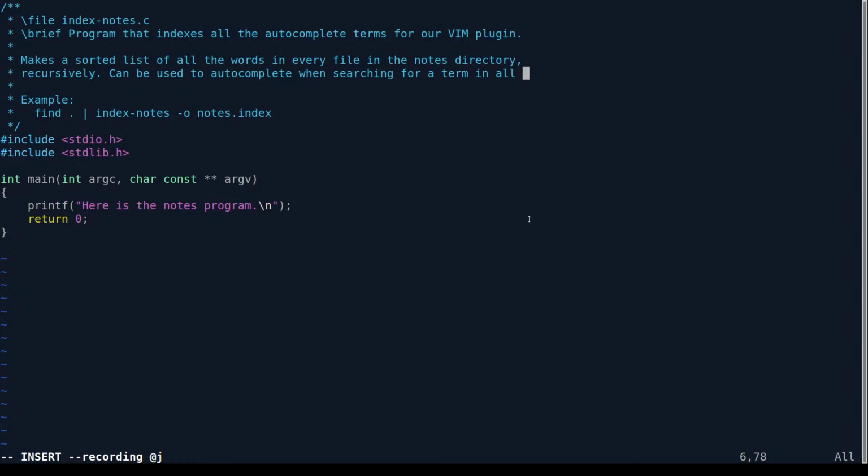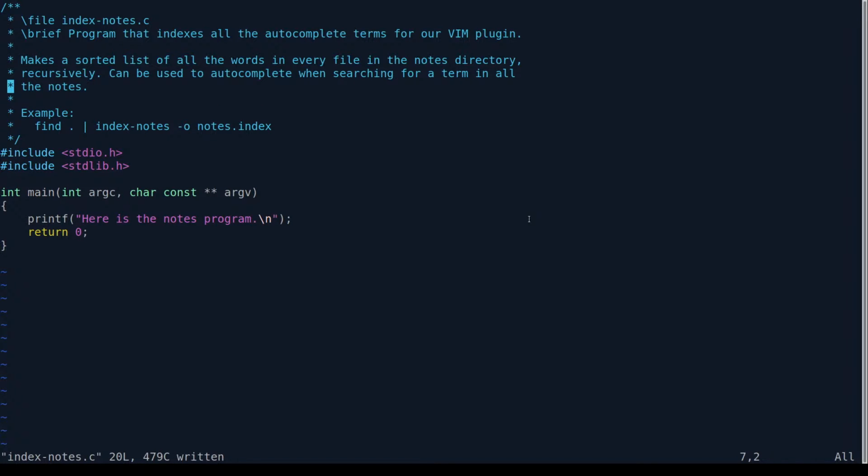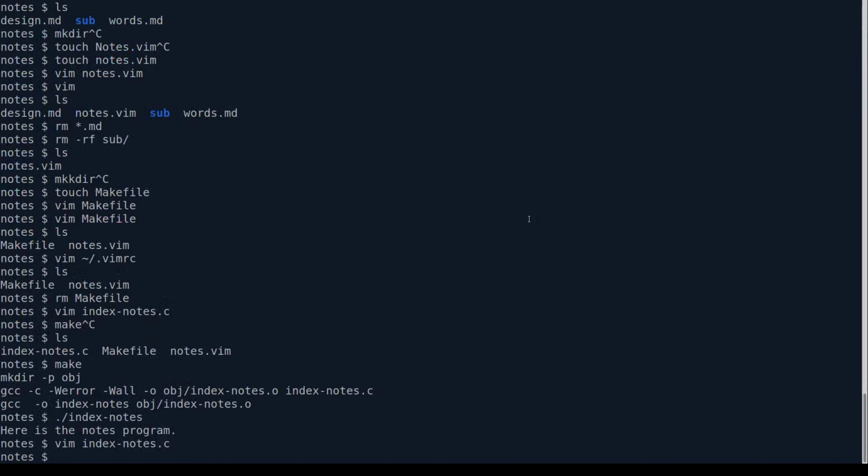Alright, so that's a simple enough explanation of how this actually works. I do want to outsource most of the functionality to a little library that we can actually test, because I think it's going to make things a lot easier if we have separate functions that each have their own test. So maybe I'll start by